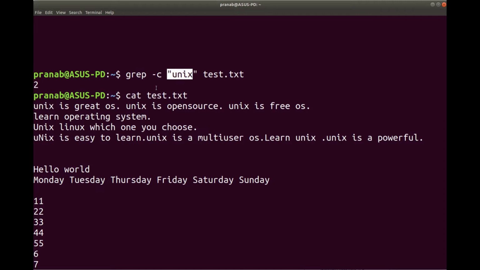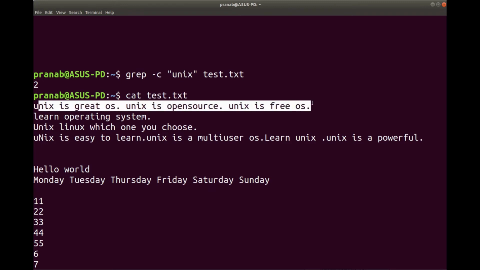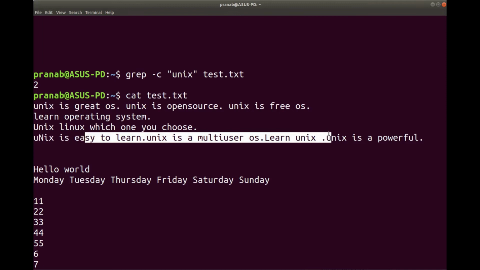So the point to be noted is that -c will count the number of lines having this particular pattern. In this case, this line and this line have the pattern Unix. That is why the number of lines is 2.